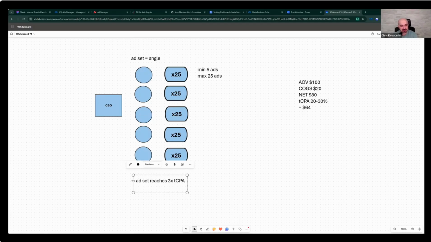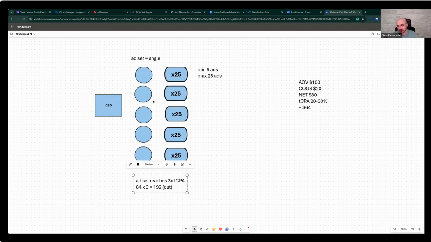So when an ad set reaches 3 times TCPA, which would be 64 times 3, so when it hits 192, this is your cutoff, right? That's your cutoff for the ad set